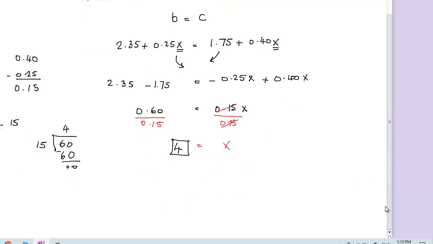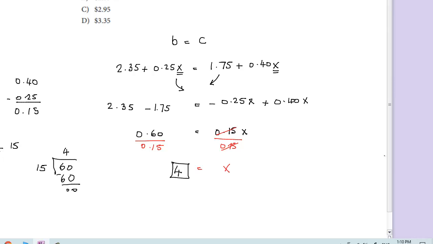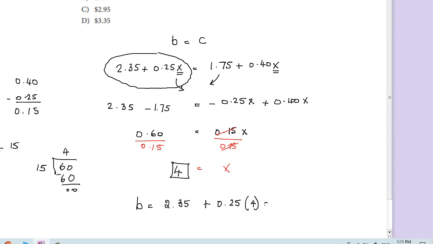But this is not the price. This is x only. The question is saying, what was the price per pound of beef? So I need to take this algebraic expression and substitute x by 4. So B equals 2.35 plus 0.25 times x, which is 4. And you know that 25 times 4 equals 100. That means 0.25 times 4 equals 1. So 2.35 plus 1